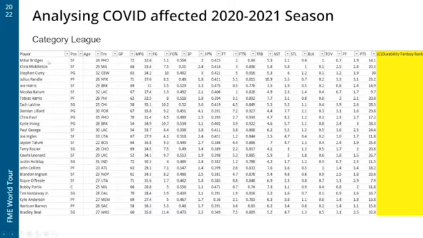So someone like Michael Bridges, if you know NBA, he's definitely not going to be the most valuable player for you, but the fact that he played every single game, and you can see a lot of these players, like there's 72 games in the season, quite a high contribution, is what's put them up there.